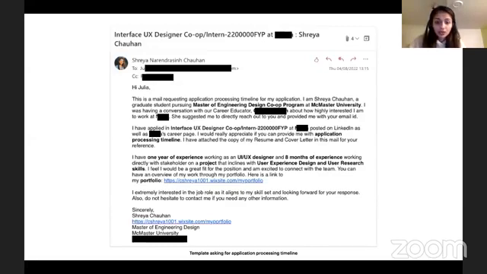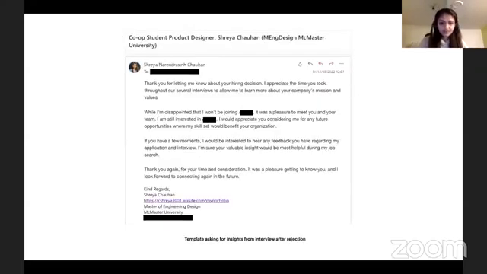So this is also what you want to do after the interview: you have to ask for a decision timeline, like how long it would take for the decision. Keep mailing them so that they don't forget that they also interviewed someone for this position. Okay. Learn to take rejections, because you are going to get rejections in this field because it is a very